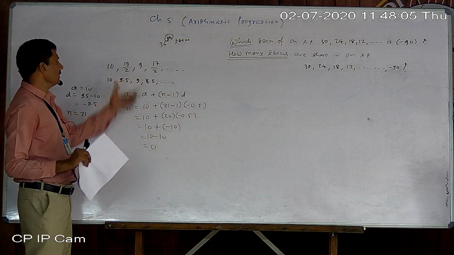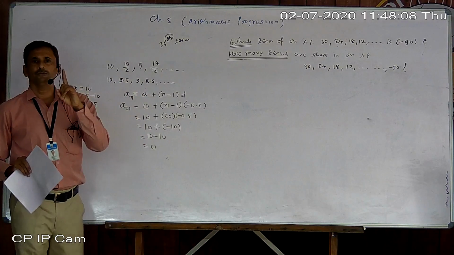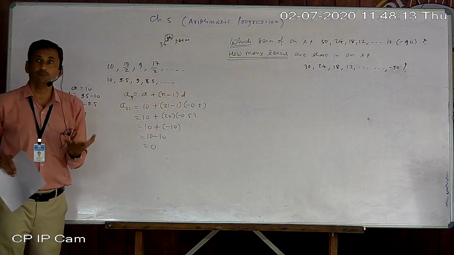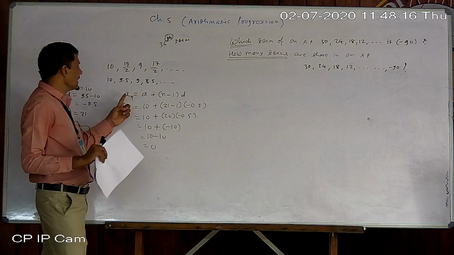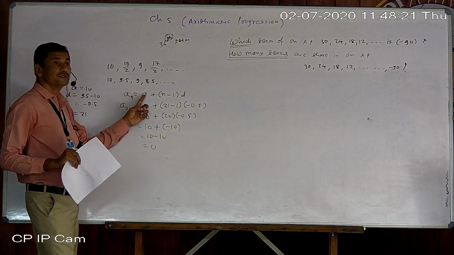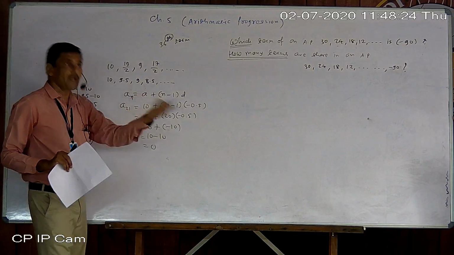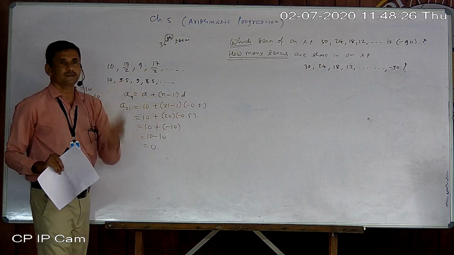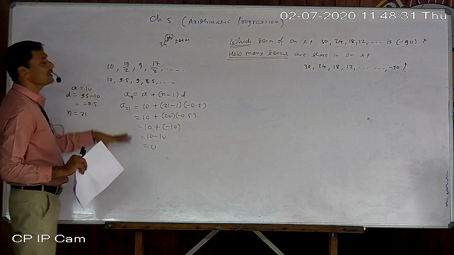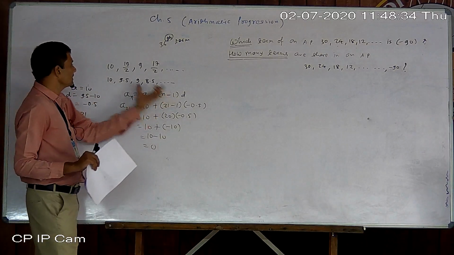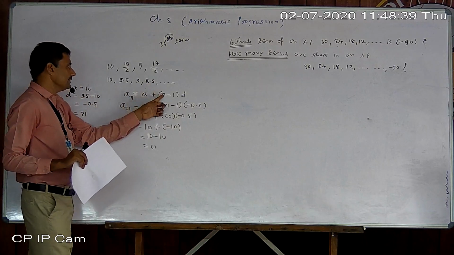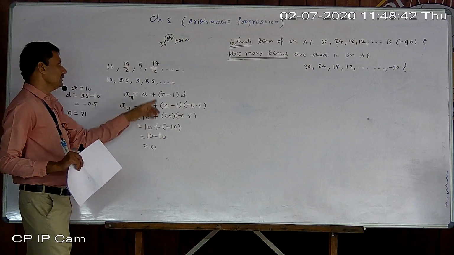Now, what is the formula? So far only one formula we used. That is AN is equal to A plus N minus 1 D. What does that symbol suggest? AN suggests the nth term's value. A means first term. N means the number of that term, and D means difference. What is being added to go ahead? Now how can it be used? A and D are always given if the arithmetic progression itself is given. If N is given, you can find AN. If AN is given, you can find N.